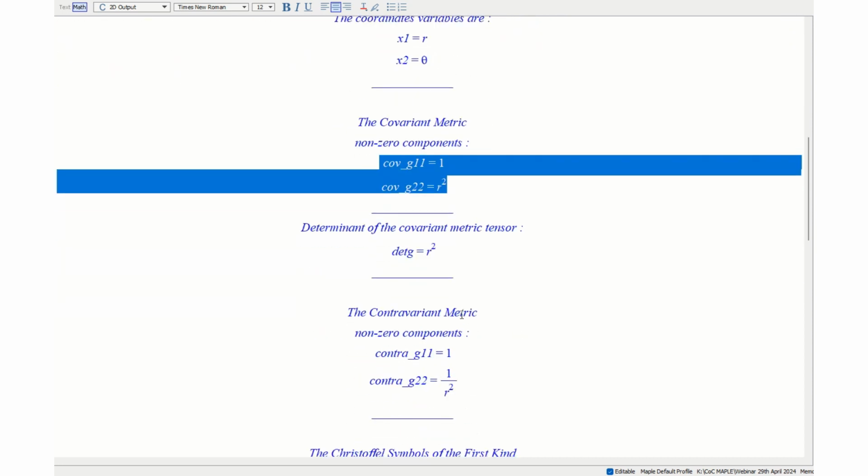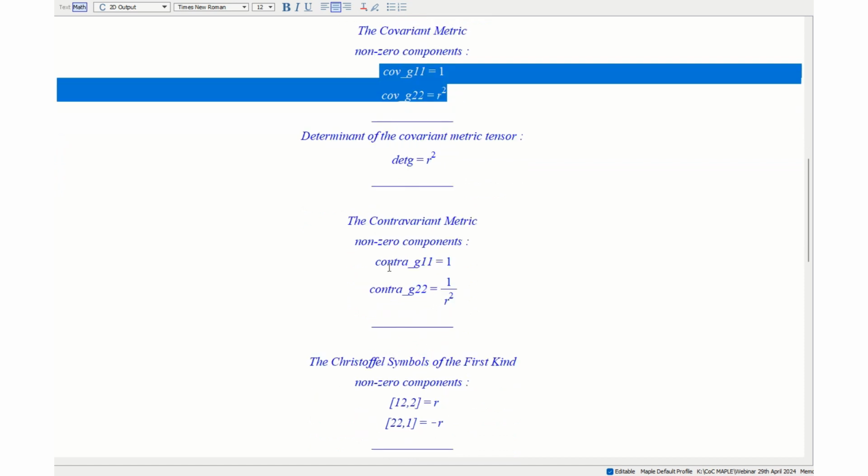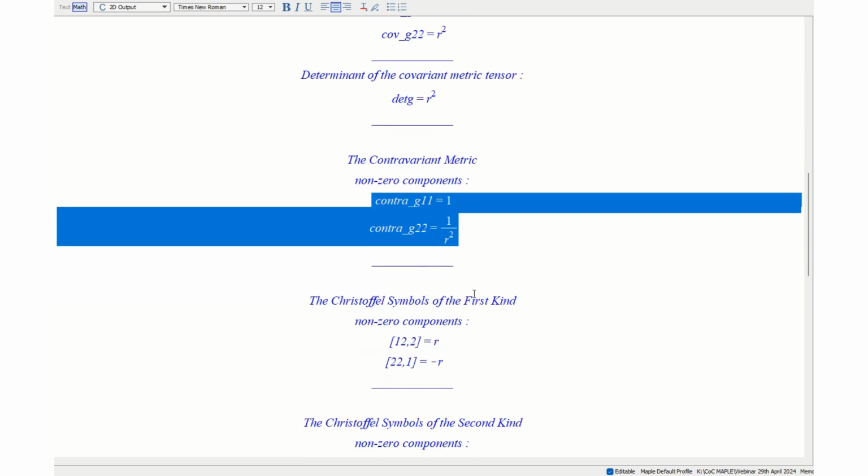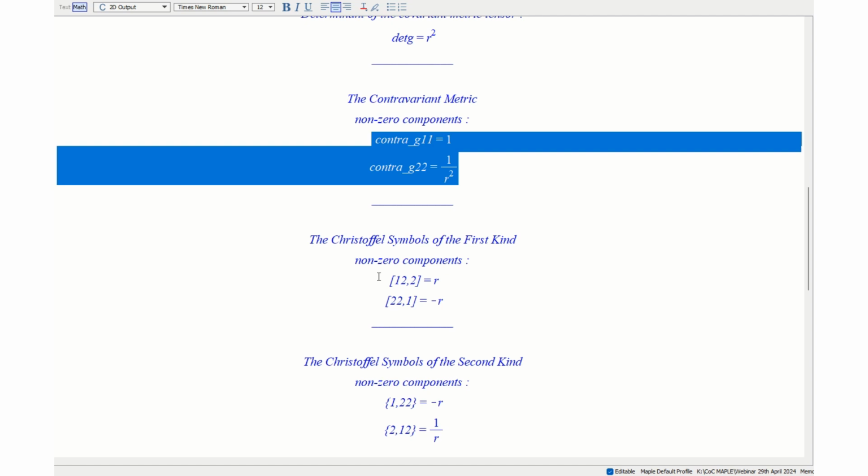Their determinant is r squared. Their inverse, that is the contravariant components, are 1 and 1 by r squared,